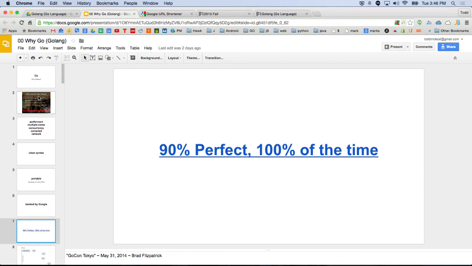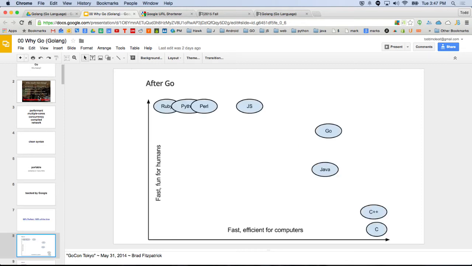There's a really great article you can take a look at. This was presented at a Tokyo Go conference, GoCon Tokyo in 2014, that Go is 90% perfect 100% of the time. I thought that was kind of funny. This is the way the guy who presented it characterized Go in terms of, hey, is it fast and fun for humans? Ruby, Python, and Perl are fast and fun for humans, but not so fast and efficient for computers, right? JavaScript's a little bit faster for computers and also fast and fun for humans.